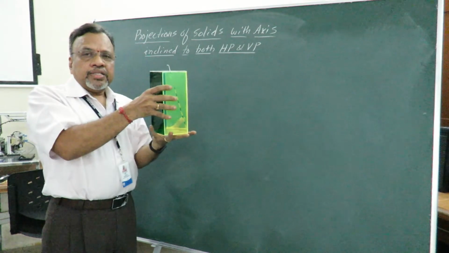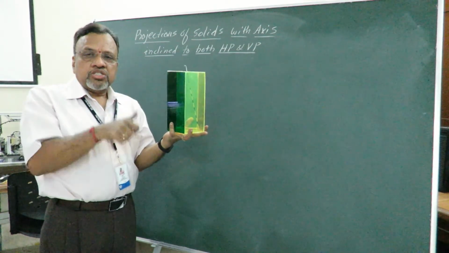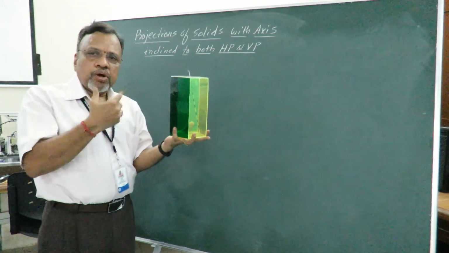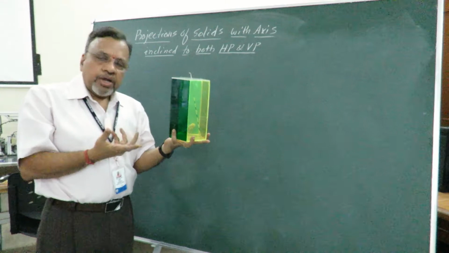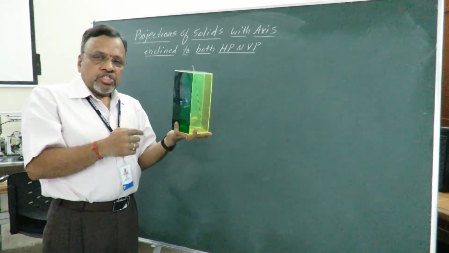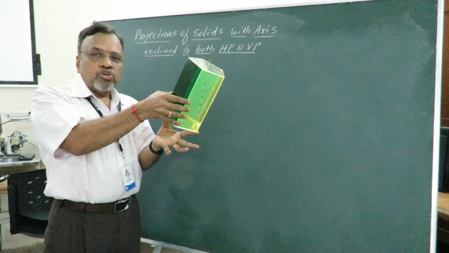Okay. So whenever we do these problems, I will just mention that we have a pentagonal prism of some side and axis. Then I will say that one of the base edges is resting on the ground. Then the axis is inclined to HP. So that is one type of problem. The other type, I can also say that we have this pentagonal prism wherein it is resting on one of the corners. So you can just remember, we have only these two cases.